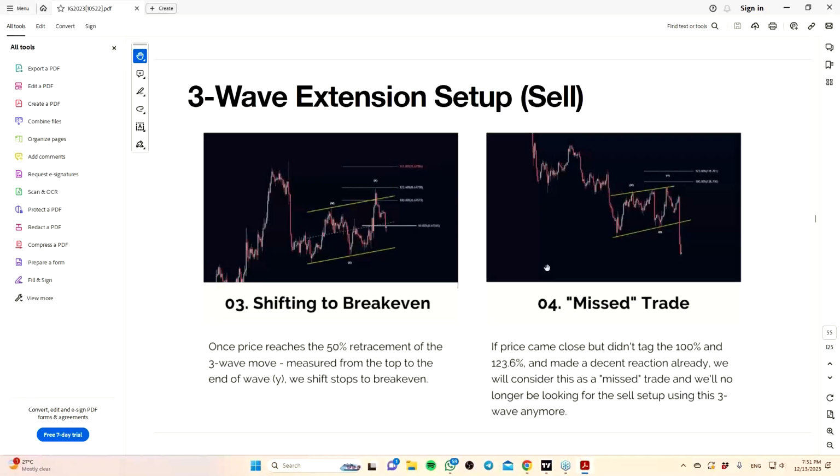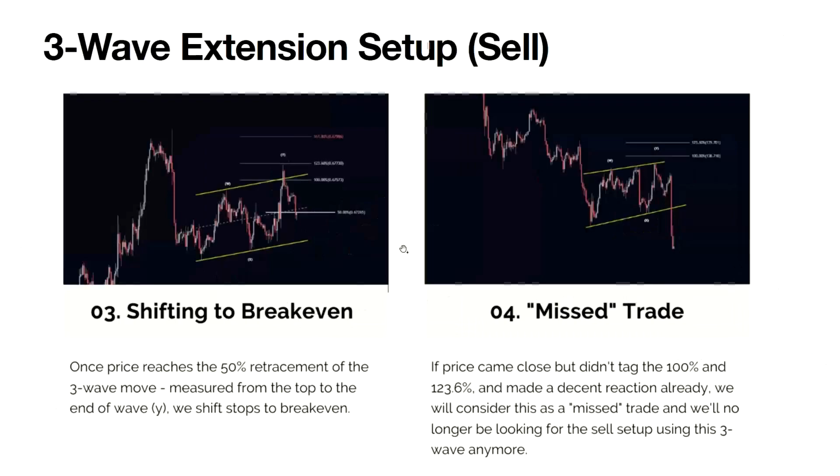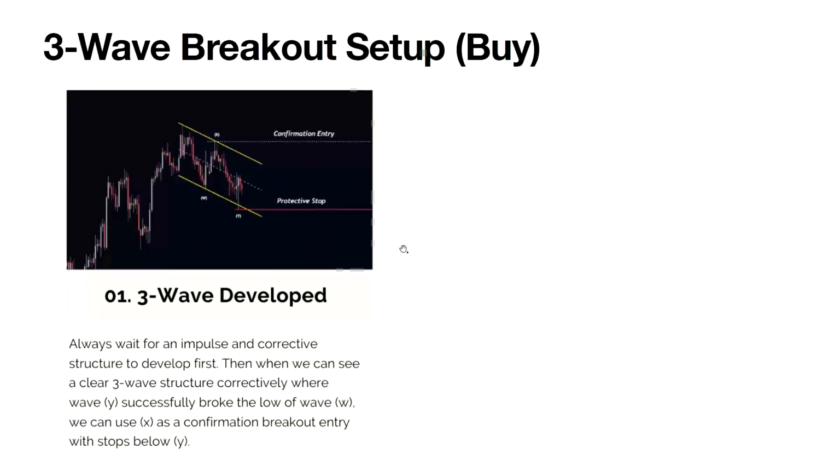It works buy and sell. Okay, now the other entry setup that I have is called a three-wave breakout. It's slightly different from the extension entry, but the pattern we want is more or less the same. Okay, so what we want on this setup over here is the same thing, impulse, and then we wait for the three-wave to complete first. Okay, so the first one is we are anticipating the three-wave. This is we wait for the three-wave, right? So it's a little bit more on the conservative approach. Okay, so one is we are anticipating the third wave, we trade the third wave. One is we wait for the third wave to complete.